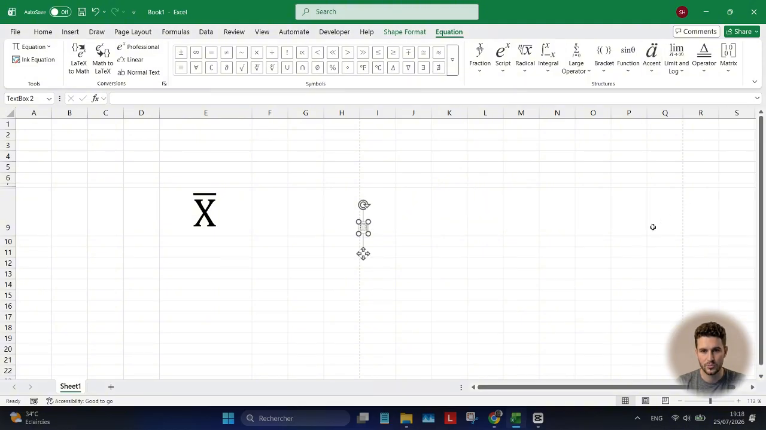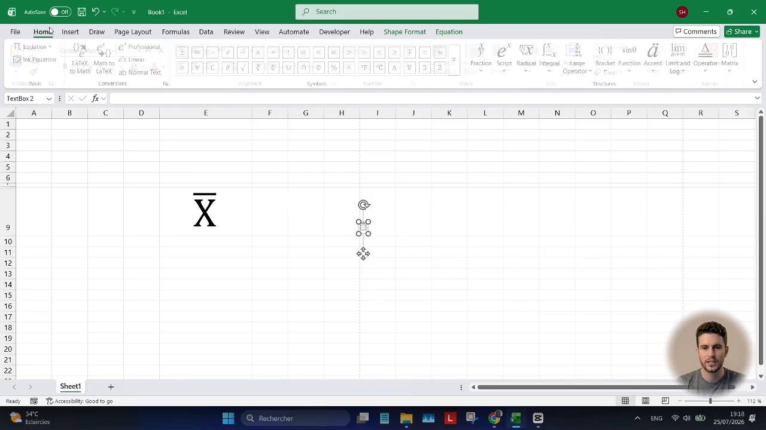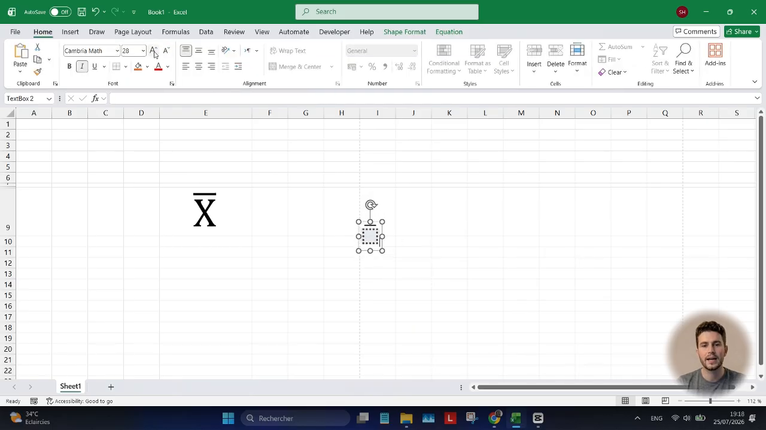A small box with a bar over it will now appear in your equation area. Simply click inside that small dashed box and type the letter X. There you have it. If you want to change the font style, just highlight your new symbol, go to the